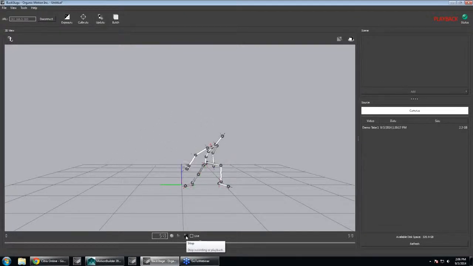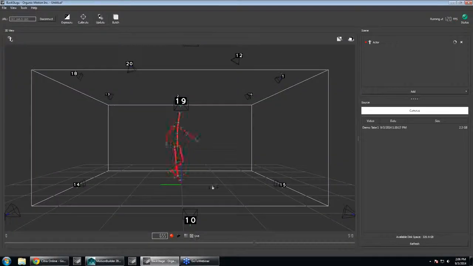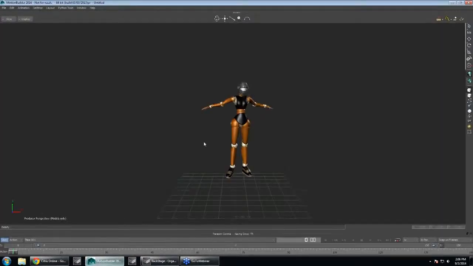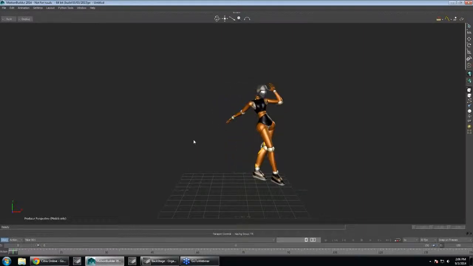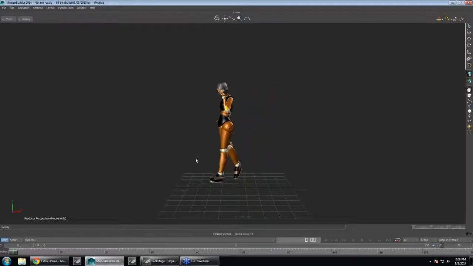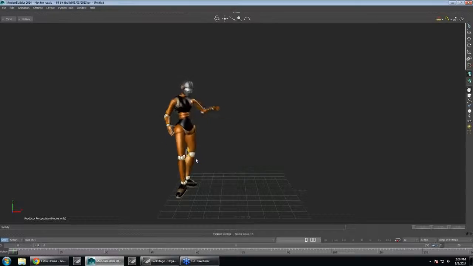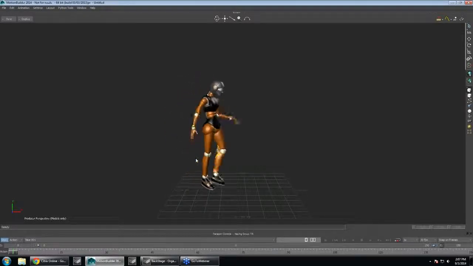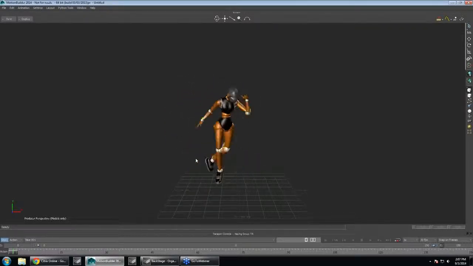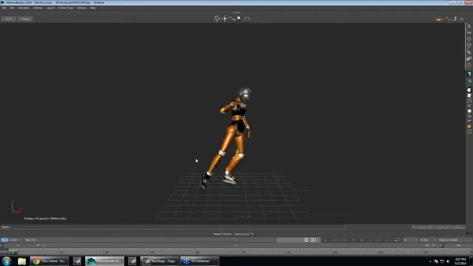Now, the other way to use the system, and there's a couple other ways, we'll go back to the live view here, is to stream into Motion Builder. We already have the plugin set up and integrated with Motion Builder here. You see the characters rigged, and Sean is tracking in real time, and that data is streaming into Motion Builder. So to recap here,